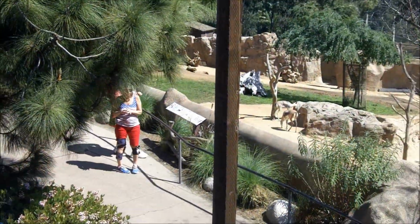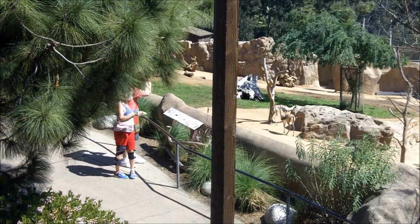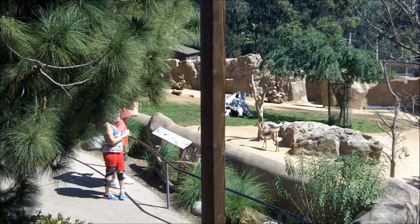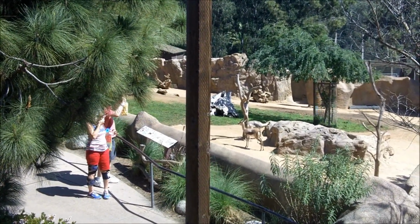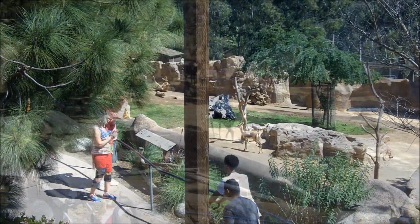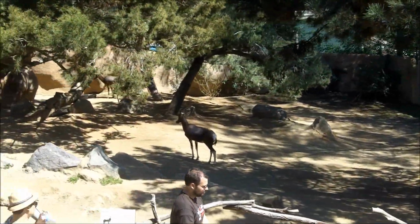Now, unfortunately, polar bears are endangered. You're going to hear me use that word a lot today. And what it means to be endangered is that if these animals don't receive critical help, they will go extinct. Their numbers will dwindle down to 0. But if you want to do your part,